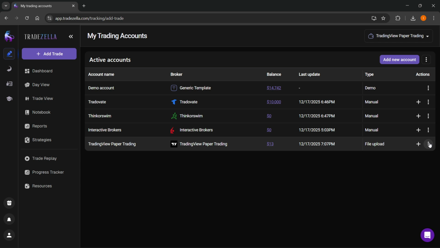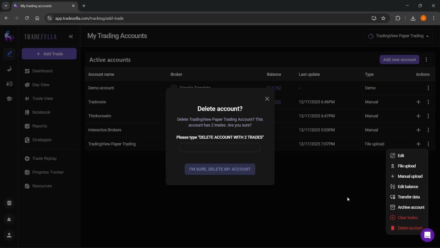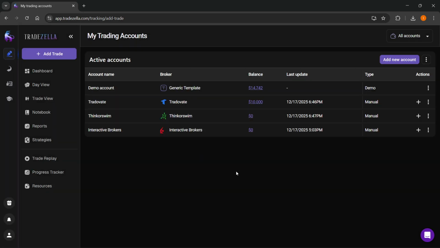just delete the account and then re-add it. Okay, so click on those three dots, click on delete account. I have this paper trading account from TradingView over here. You can click delete account, and then you can just type in whatever it says up here. So, delete account with 2 trades. I've typed that in already, so I'm going to click on I'm sure, delete my account, and then whenever you've